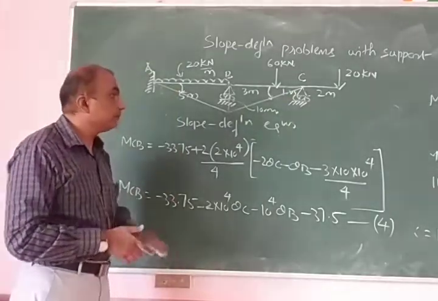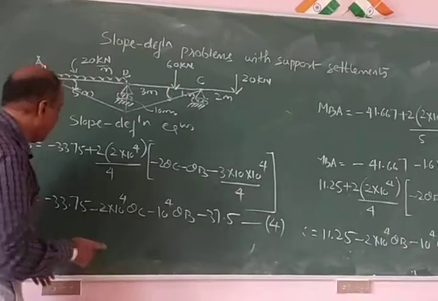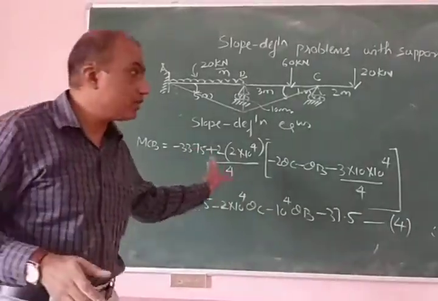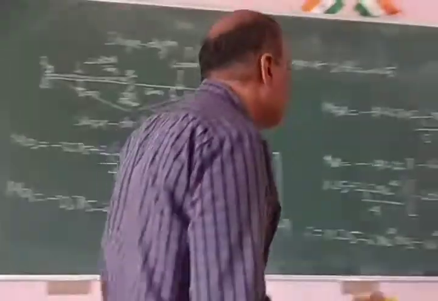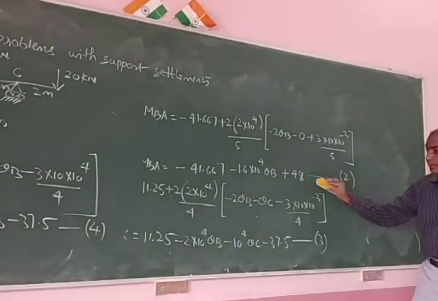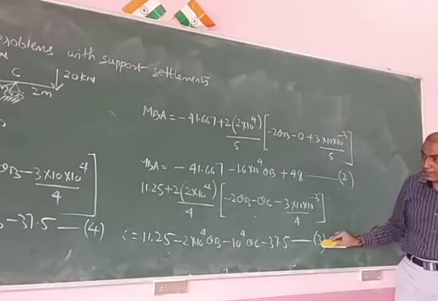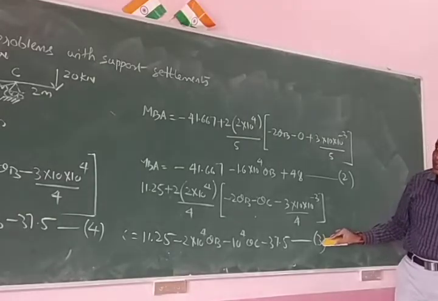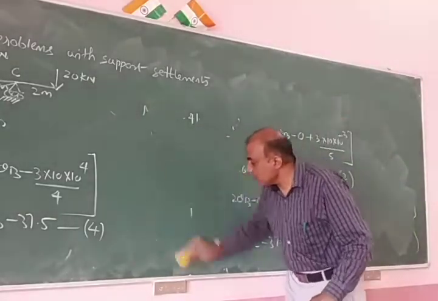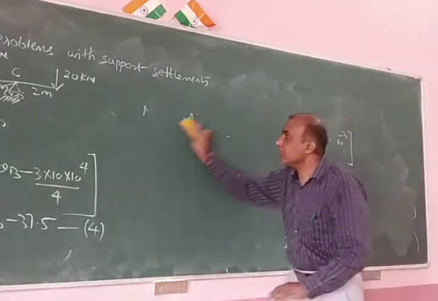If you look at here, MBA is this, and then MCB last. That means all the four equations. One equation is already missing because I have erased that, but three equations are there. You can see this is MBA. First MAB is not here now. This is MBC, and last is MCB. So four equations are written. Once these four equations are written, then the remaining things are simple, straightforward.